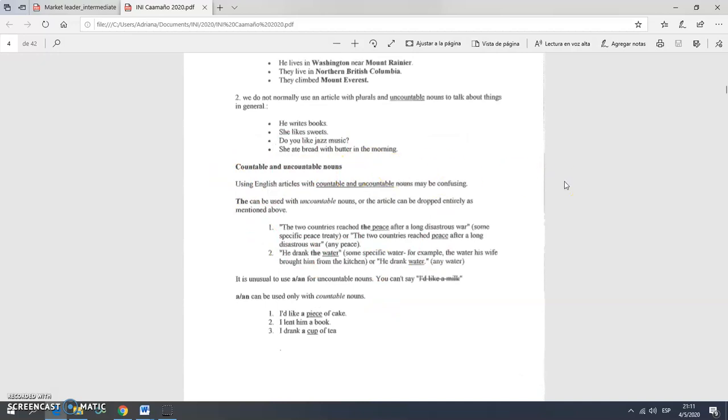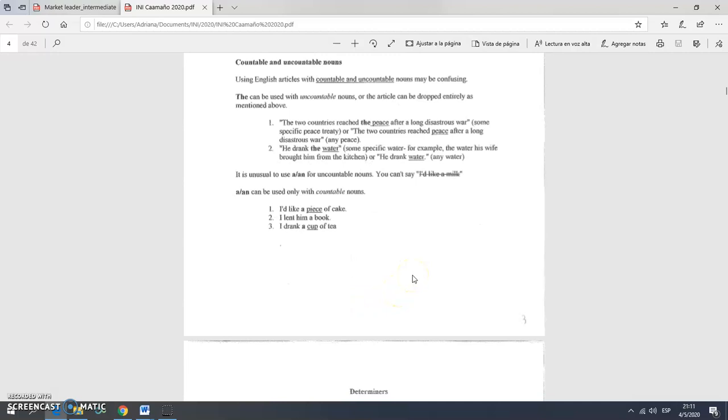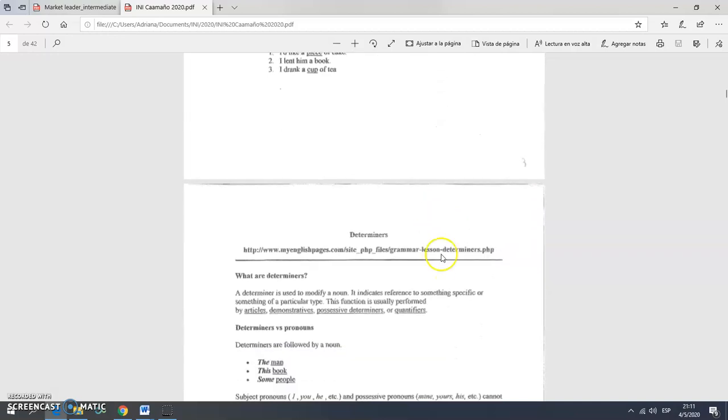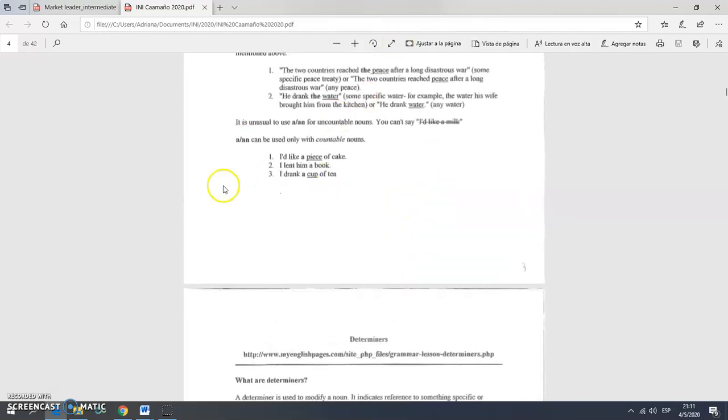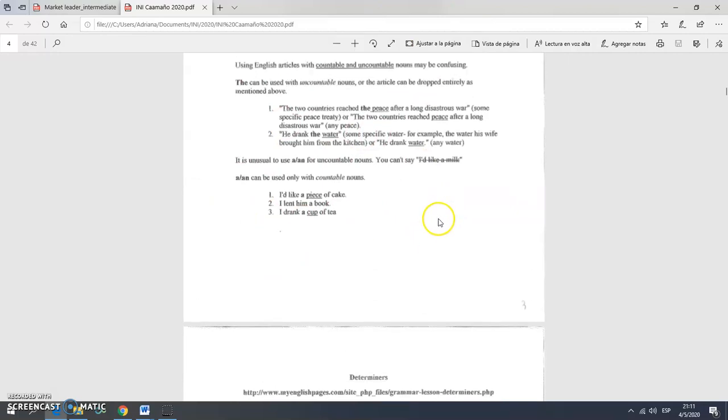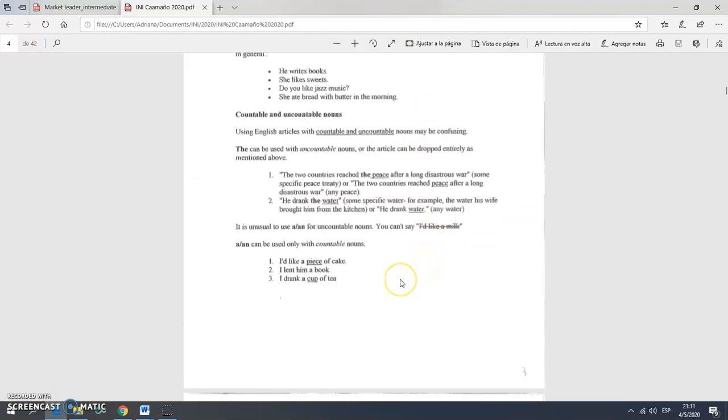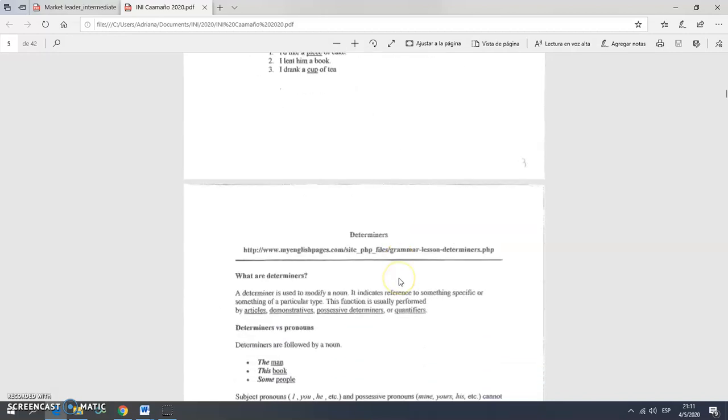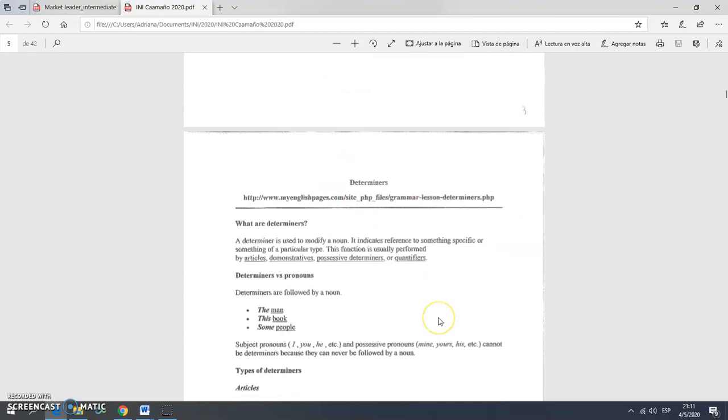That is nouns which you can count or nouns which you cannot count. We have to remember in some cases whether some nouns are countable or uncountable. And whether a noun is countable or uncountable is very important in terms of the use of articles and some other words. I move to page 4, and there you have determiners. Determiners is a broader term than article. In fact, determiners include articles, and